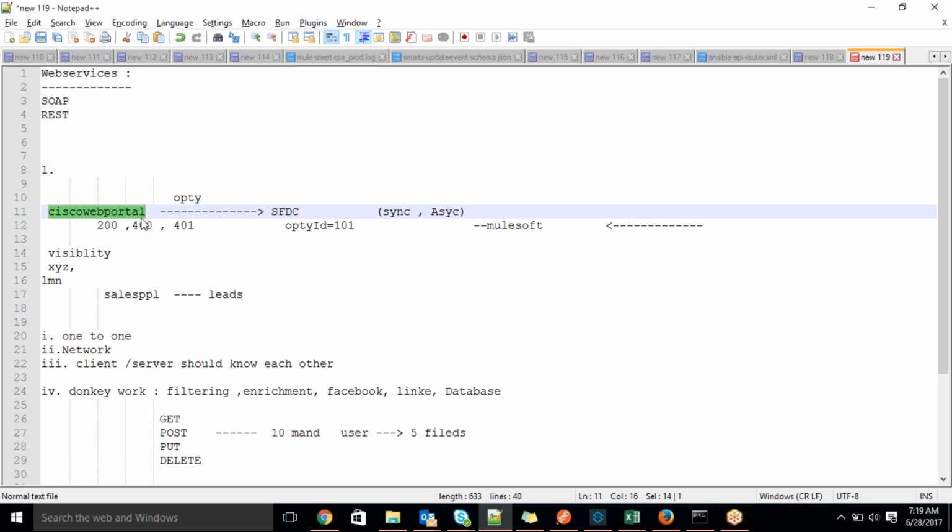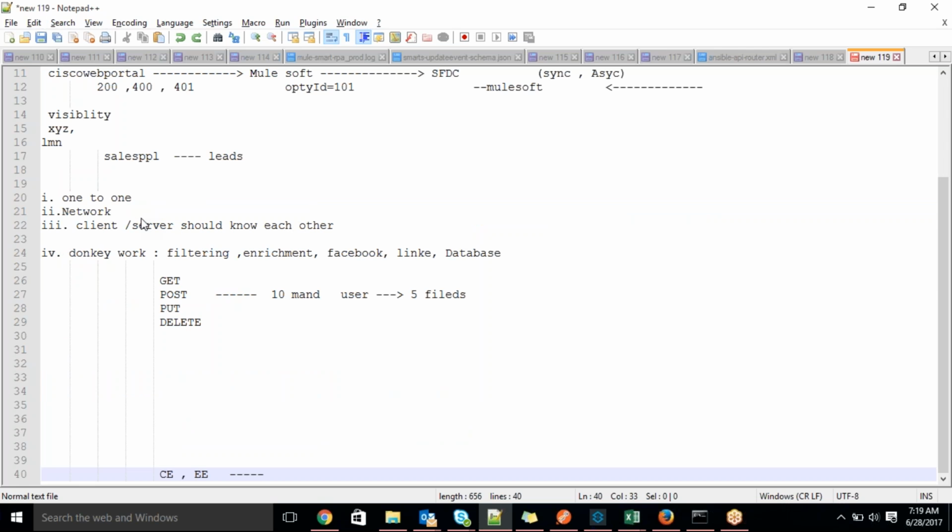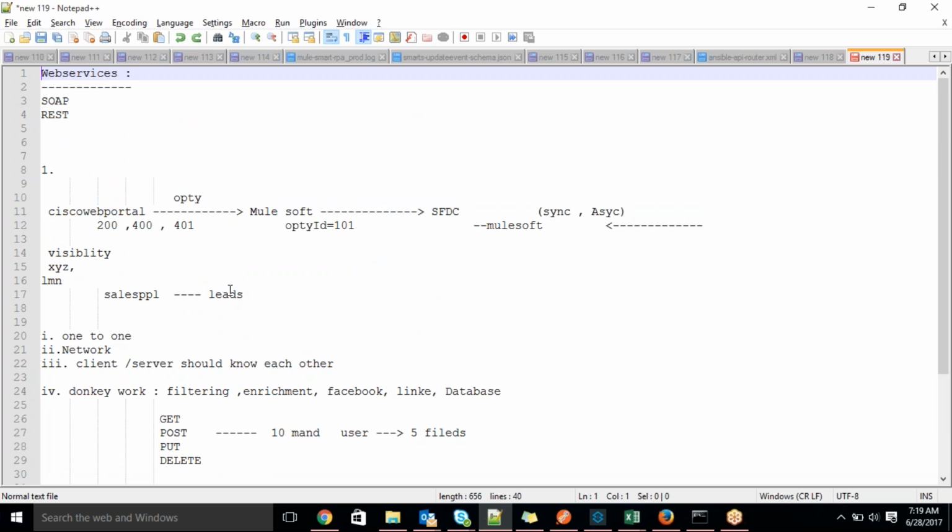But according to middlewares, in this case, the Salesforce guy only knows about MuleSoft. They don't know who is requesting, who is getting the request, who is getting the response, or who is requesting him. They don't know about that actually. So he knows only MuleSoft.